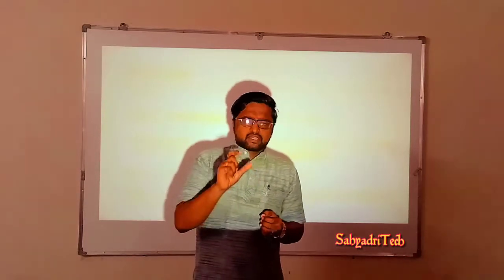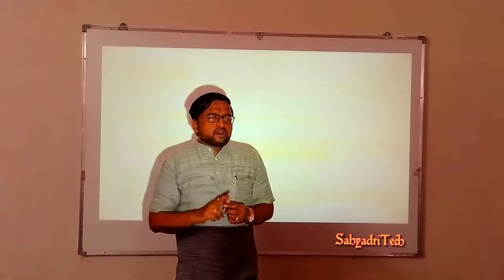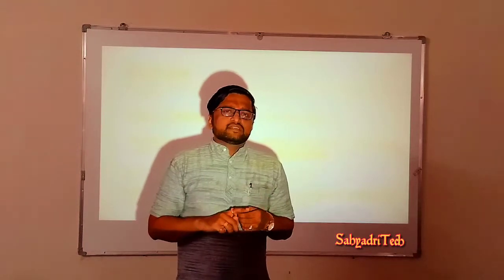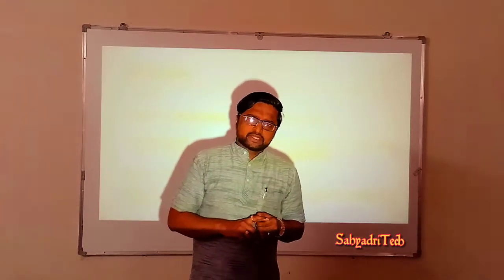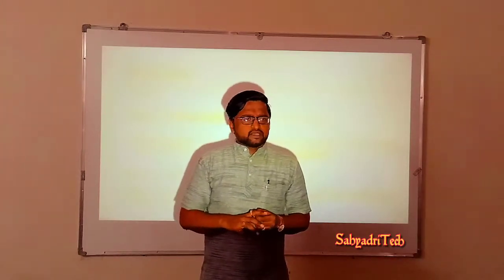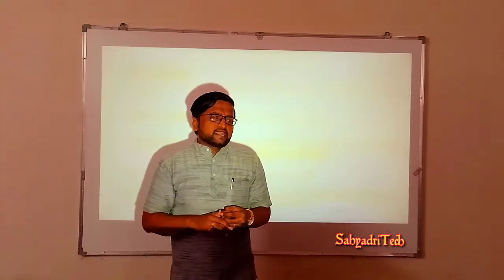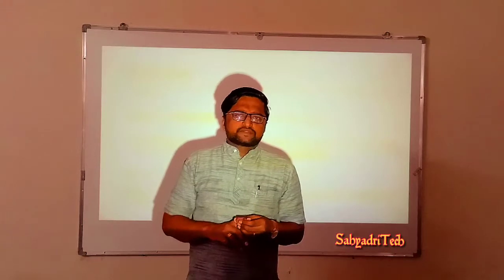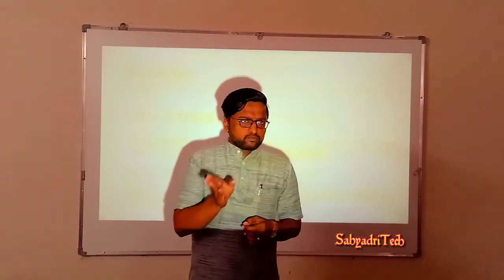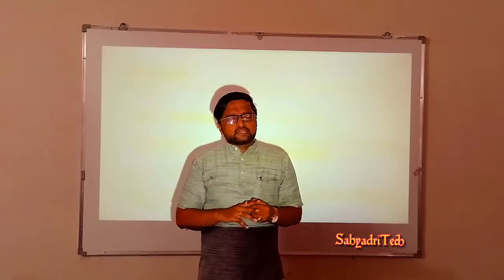And we also know about the components of a galvanic cell. What we said, there will necessarily be two half cells, one oxidation half cell and another reduction half cell, and both the half cells are externally connected by a potentiometer, and the solutions of the half cells are connected by means of a salt bridge. So that the circuit will be completed, and whatever reaction takes place at the anode and cathode, electrons are transferred from anode to cathode, and a conventional current is transferred from cathode to anode.